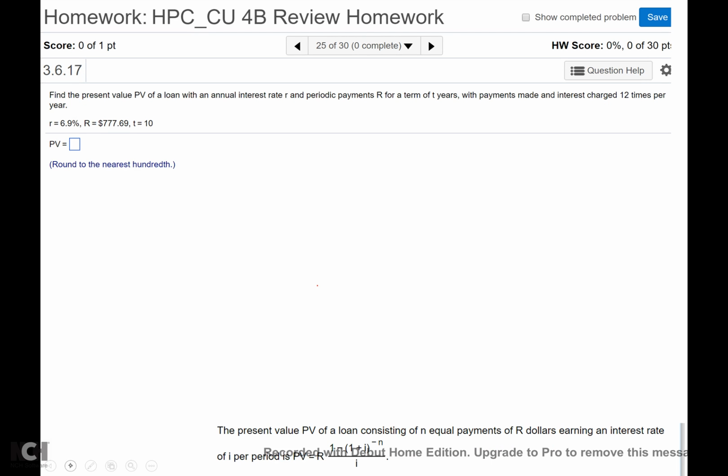Alright, this one says find the present value. Again, we have to find our I and our N. Our I is going to be our interest rate, 0.069, 12 times per year, so divide it by 12. And you get 0.00575. To calculate my N, I take my time times how many times a year, which is going to be 120. So my present value is going to be my periodic payment of